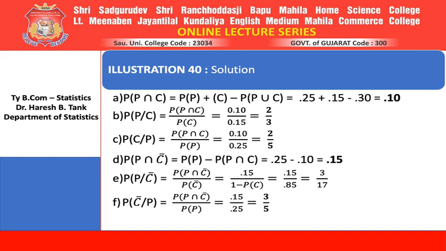The next probability to be found is probability of a person passed in chemistry where it is given that he failed in physics. Fine enough. Put it in a notational form as probability of C complement where it is given that P occurred, that means failed in physics. If you put it in a formulatic form, it comes to probability of P intersection C complement divided by probability of P. Both the probabilities are known to us, 0.15 divided by 0.25. Simplifying it, it comes to 3 upon 5. Clear?